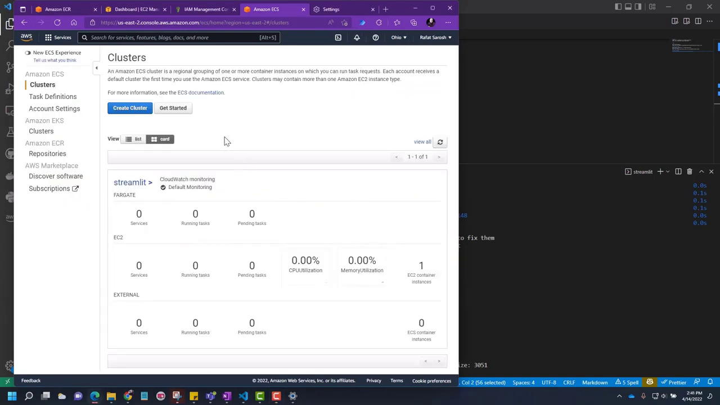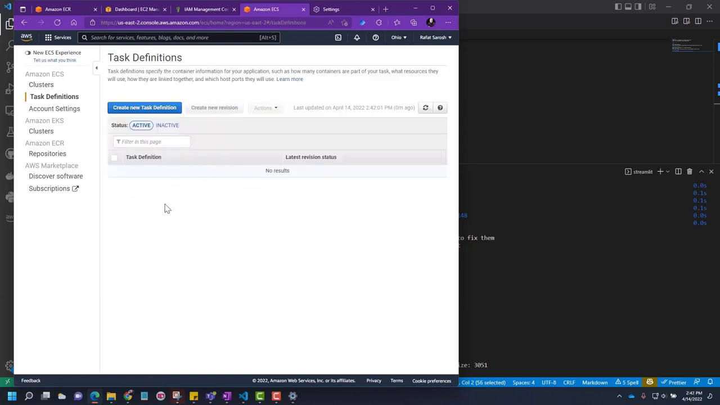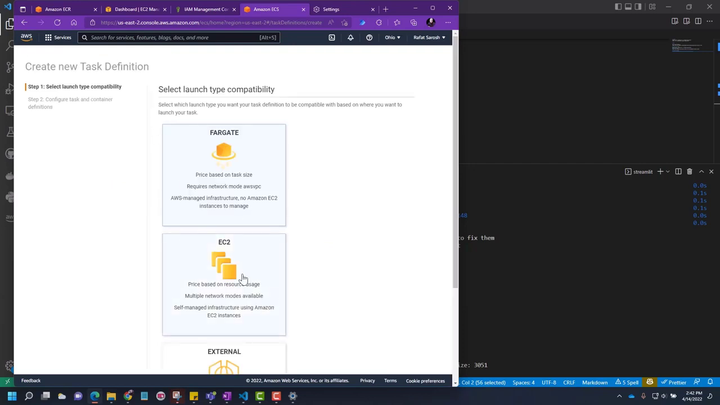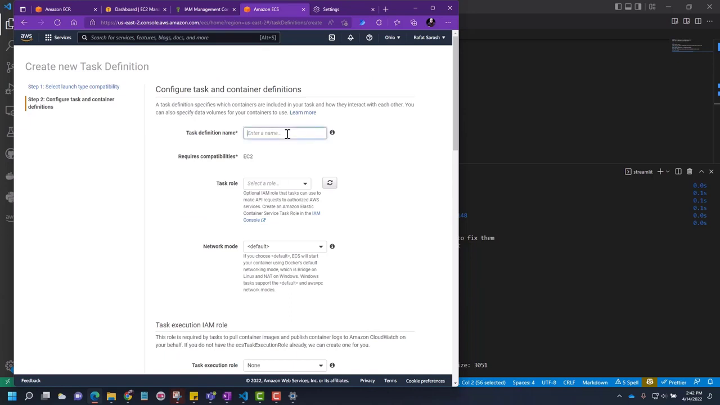So now we see a running cluster here, Streamlit, but there's nothing. The cluster is running empty and our Docker image is in the registry. Now let's go and create a new task definition. Let's choose this EC2, enter a name, Streamlit. So now we will just leave this task role empty, because as you can read here, it is an optional IAM